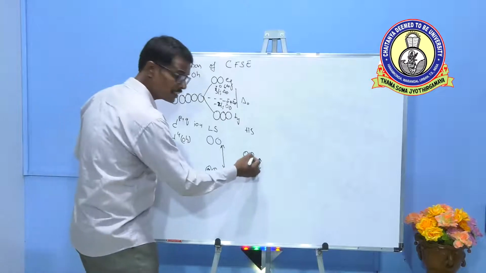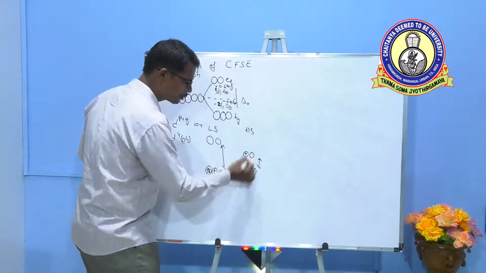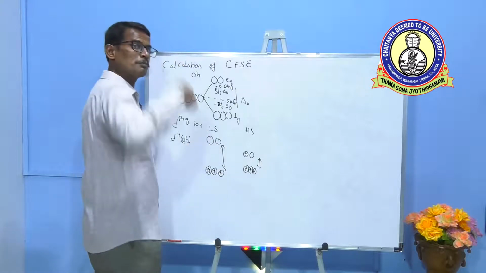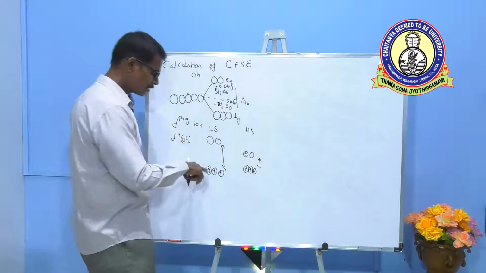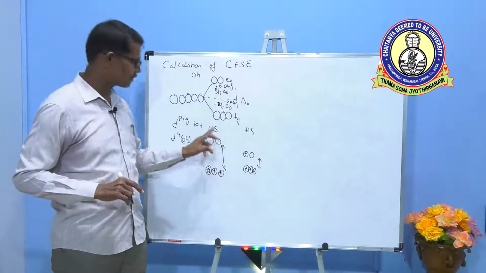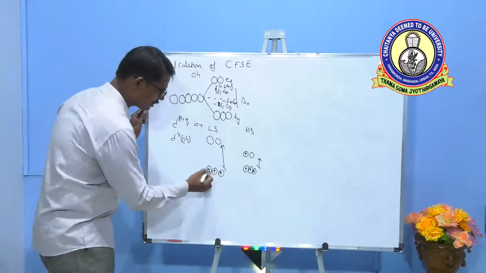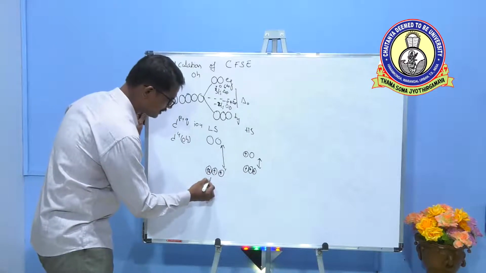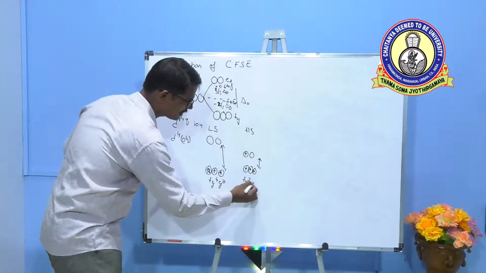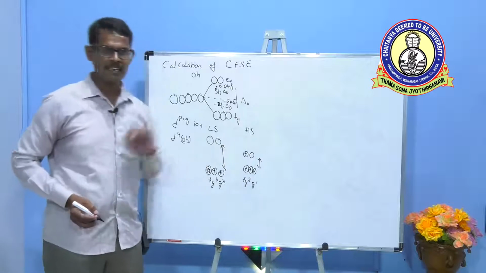In high spin complex, the energy gap is small, so electrons are filled first in lower energy orbital, then go to higher energy. In the low spin case, to go to the higher orbital requires more energy, and to pair requires less energy. In the high spin case, to pair requires more energy, but to go to the higher orbital requires less energy. So the electron is paired here, and not paired here. For a dp plus q ion, the configuration is, p electrons are 1, 2, 3, 4, so it is T2g4 Eg0 for low spin, and T2g3 Eg1 for high spin. So a d4 octahedral low spin and high spin can be divided like this.